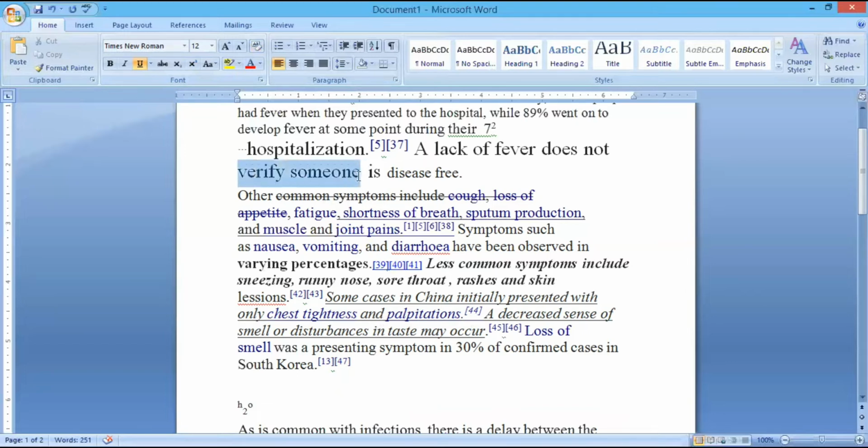If you want to change the color of the font, you can select the font and click on this text highlight color. Say I want to highlight this, I'm clicking on this. If I want to change the color, I can change it by selecting that.